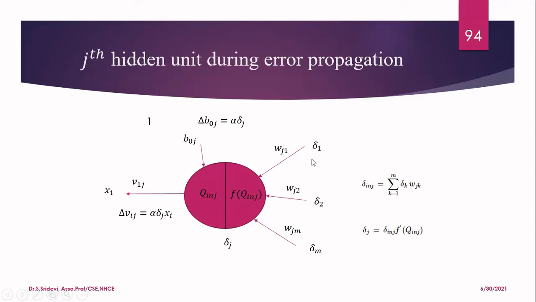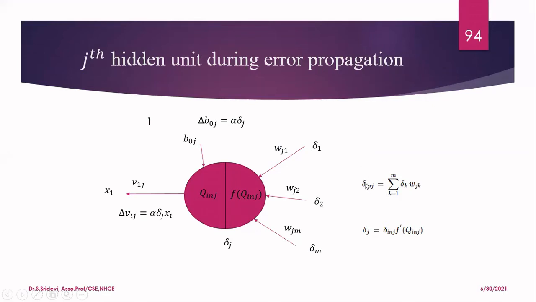Okay, so now I'm assuming that delta 1 is the change value it has received from output neuron 1, then delta 2 is the value it has received from output neuron 2. Similarly, in the output layer we have m neurons, and from each one it is going to receive some delta value. This delta value is propagated through a link, and each link has some weight value associated with it. You multiply that delta with the weight associated with it, then find the sum of all these components.